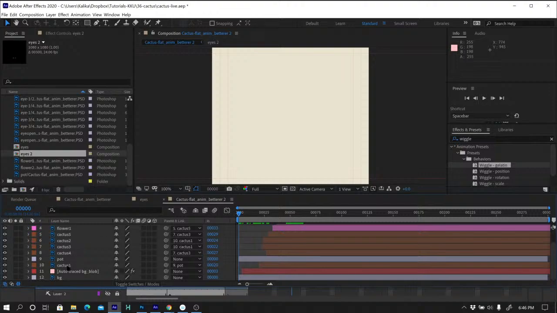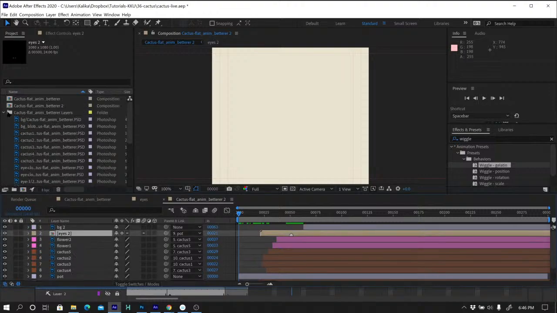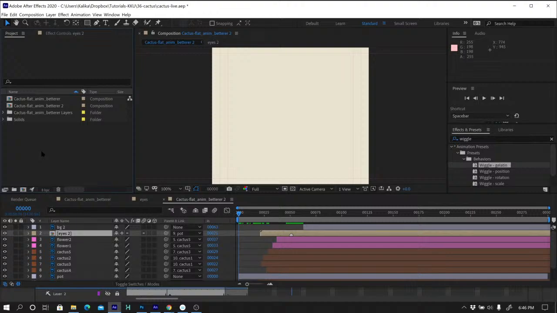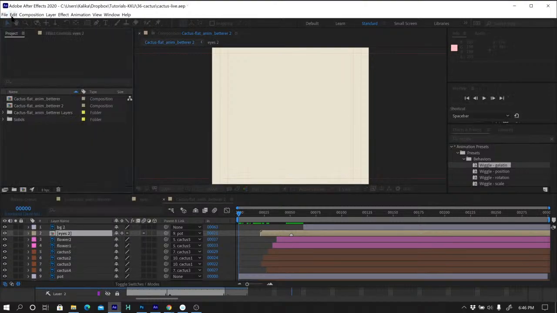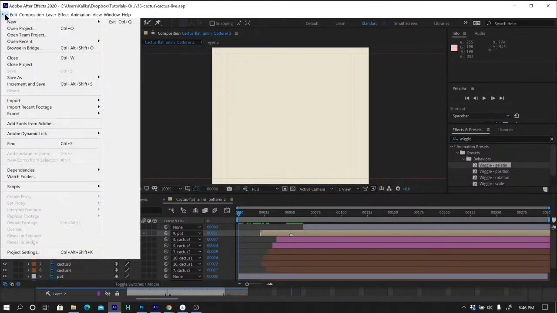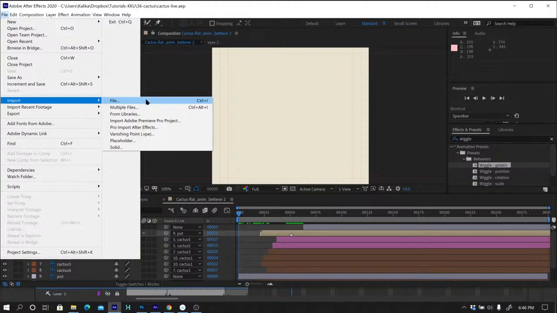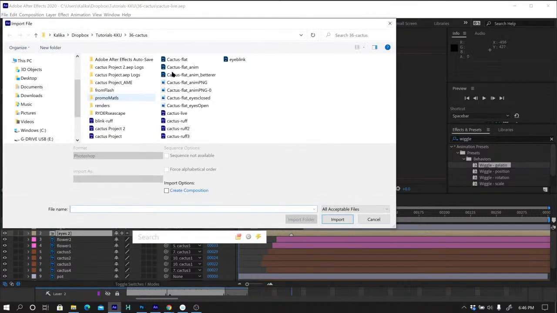Okay, so how did I get this SWF in here, and what gives with that whole workflow? Well, let me show you. So let me save my project. Save early, save often, very important. And I'm going to import that SWF file. And you can do that too. If you go to that bit.ly link that's in the chat, you can download those files and you can definitely import that